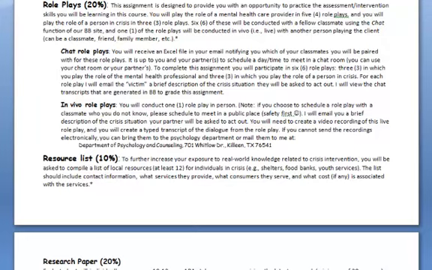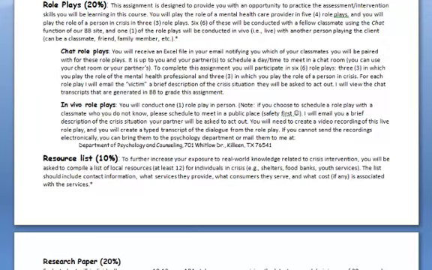And then the role plays, one of the other big assignments in this class, to give you some practice. It is always challenging in online courses whenever we try to teach intervention skills, so we have to get creative. But you're going to do some role plays, 4 in which you'll play a healthcare provider doing crisis intervention, and then you also play the role of a person in crisis for your classmates to be the interventionists in 3 other ones.